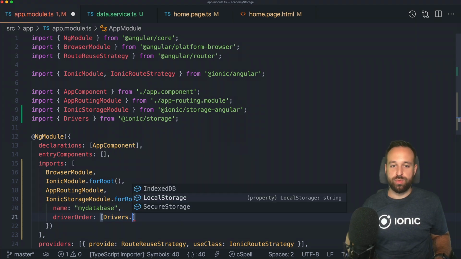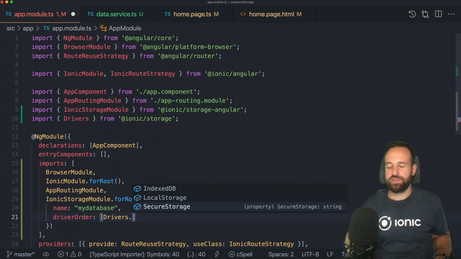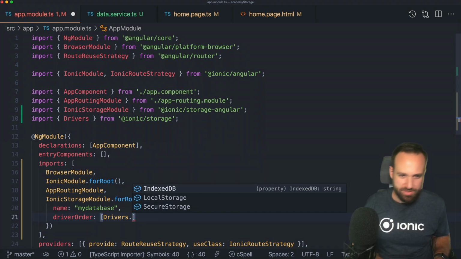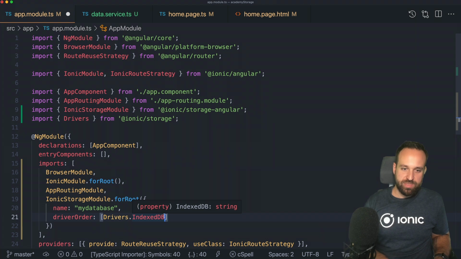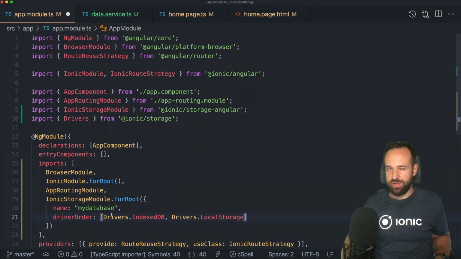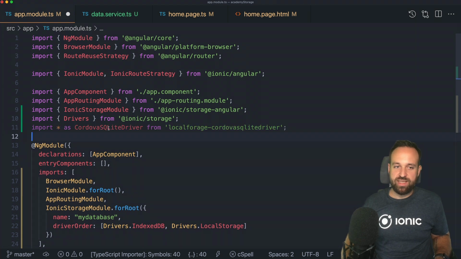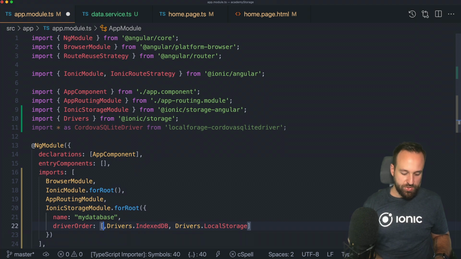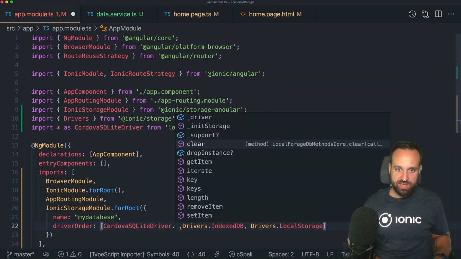So within Drivers, we will find IndexedDB, local storage, and secure storage, which is a paid storage option from the Ionic company. You can use it if you have paid for it. But usually you have something like IndexedDB and Drivers.localStorage as the default order of drivers. Now with our additional driver for Cordova SQLite, we can import it like this, star as CordovaSQLiteDriver from localForage, the package we just installed. And then we can put it in front of this list and add